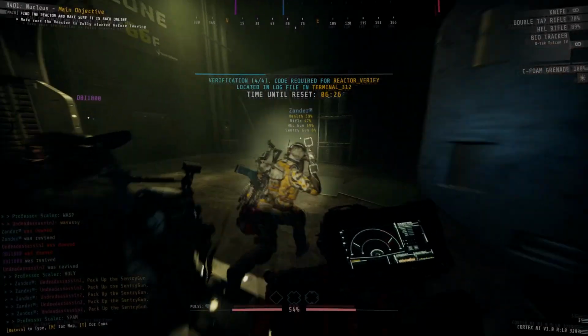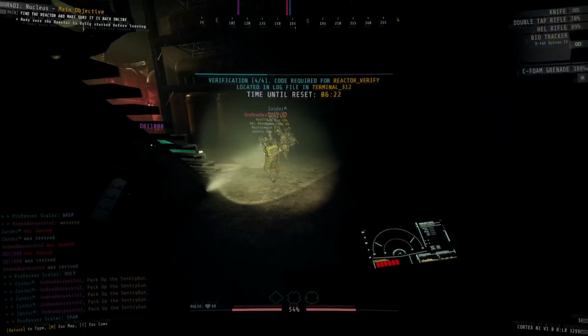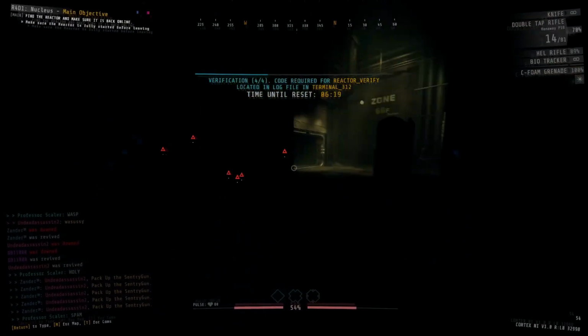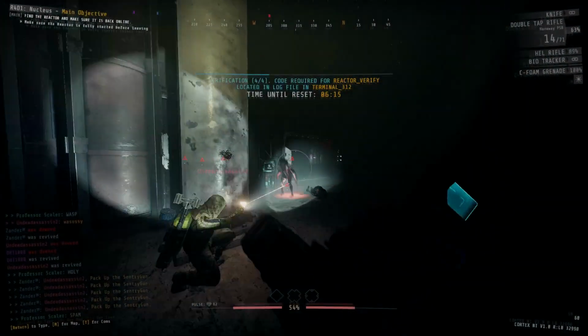So either you're going to want to sneak your way through here and make your way towards the terminals, and once you know the code, just have one person go back to the reactor terminal and put it in immediately to end the reactor sequence, or if you just can't be bothered and you have plenty of ammunition, just simply